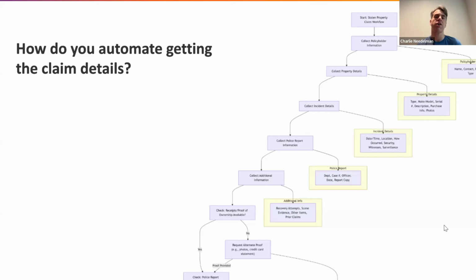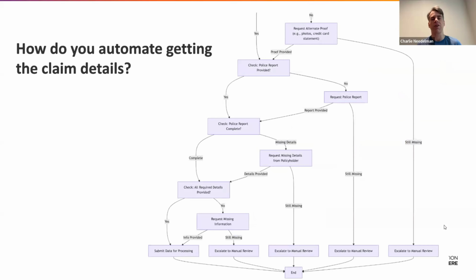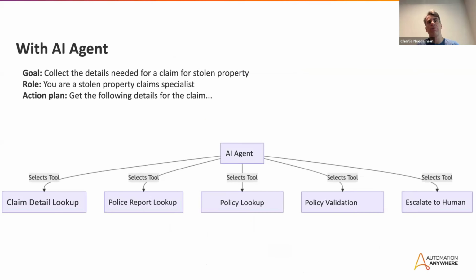If you go down another slide, next slide, please. You'll see it just kind of continues. It's a real case where you might have a lot of different decision points, and you might ultimately realize that there's some intelligence that has to happen where you can't really automate what you wanted to automate. And so if you go down a little bit further, the next slide, you'll see that with an AI agent, it actually becomes simpler.